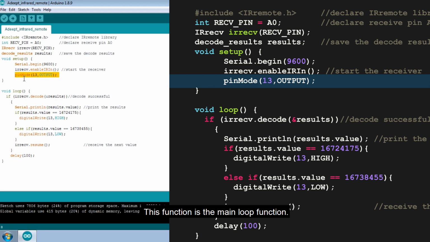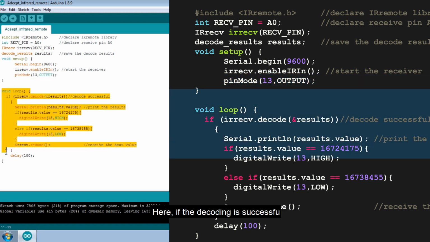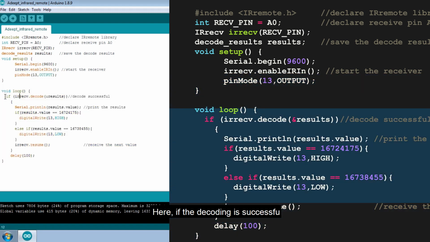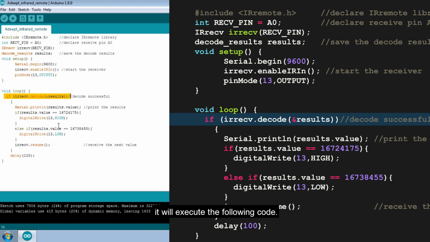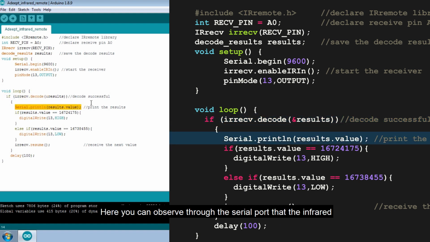This function is the main loop function. Here, if the decoding is successful, it will execute the following code. Print the received data in the serial port. Here you can observe through the serial port that the infrared receiver will receive different data when different buttons are